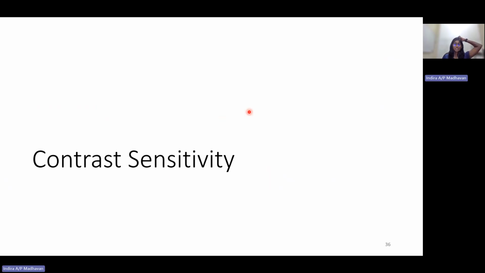Next we move on to contrast sensitivity. Contrast sensitivity testing is not compulsory in other clinics, but in a low vision clinic, it is compulsory to perform contrast sensitivity in all patients. The reason is that when there is damage in any part of the eye,